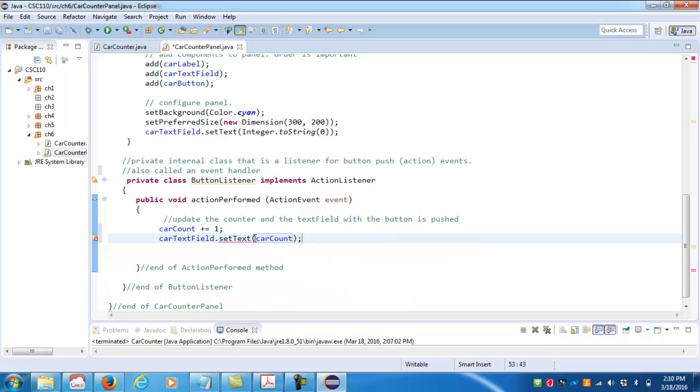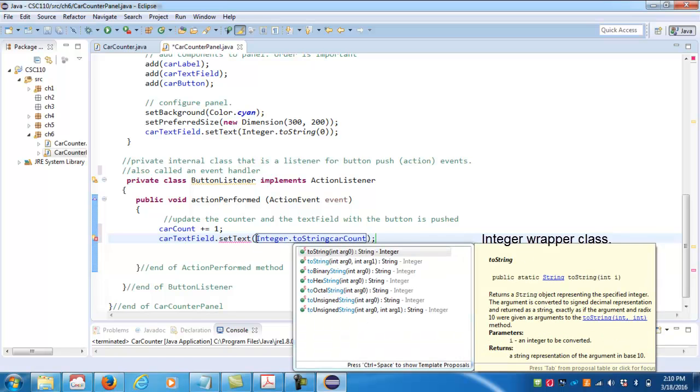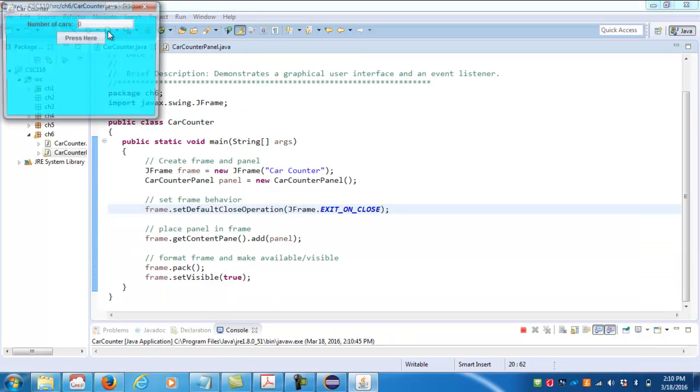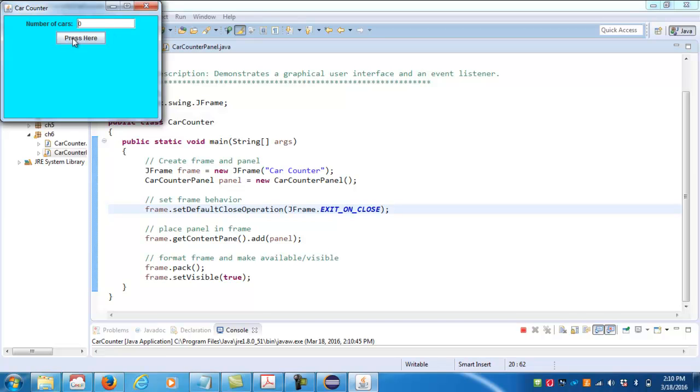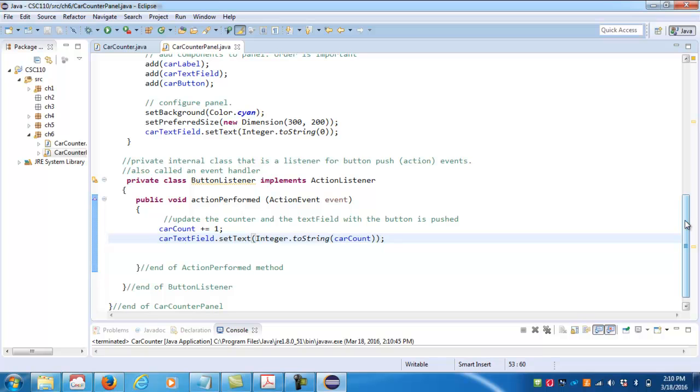So we've got to convert this integer into a string, and we're going to use our wrapper classes. And what this does is it takes the integer car count and converts it to a string for this. And now let's see what happens when we run our code. So we're running our main. We click it. Nothing's happening yet because we've got step number 3 to complete,